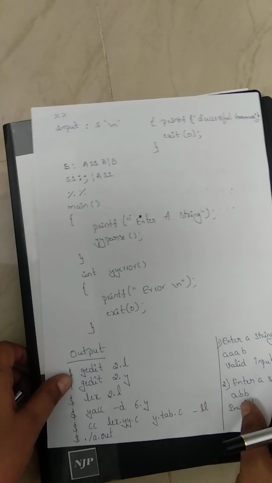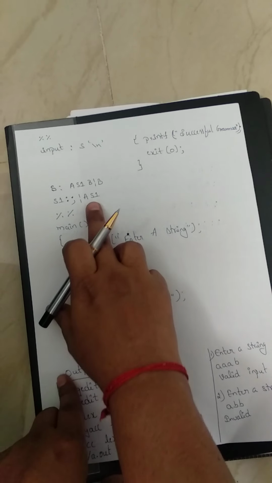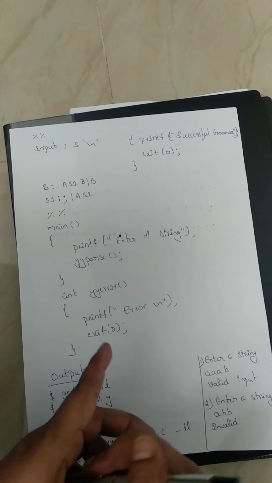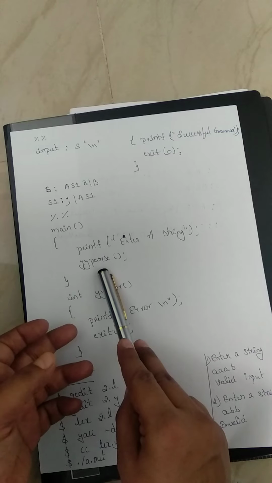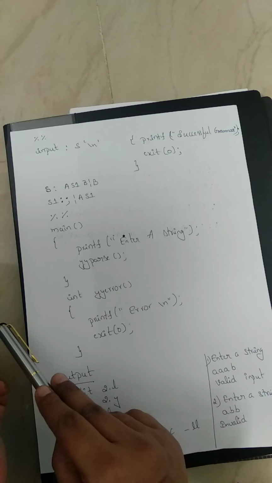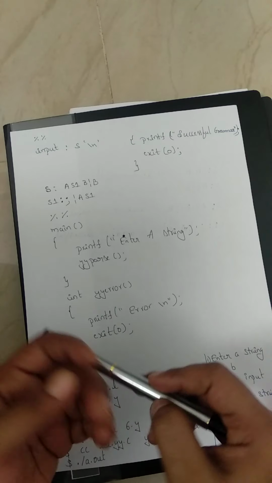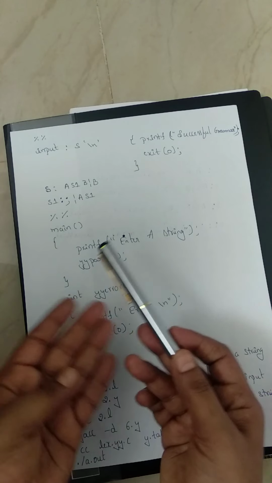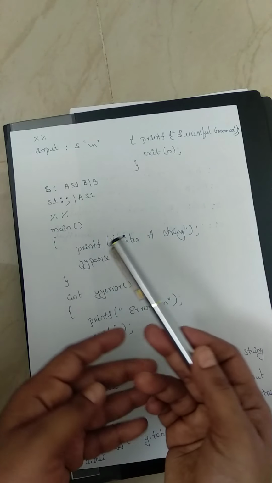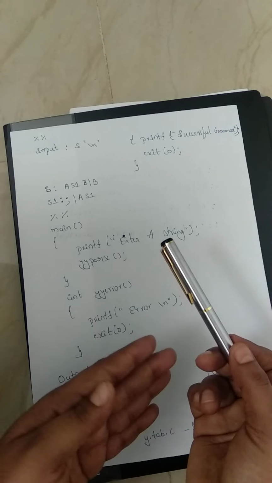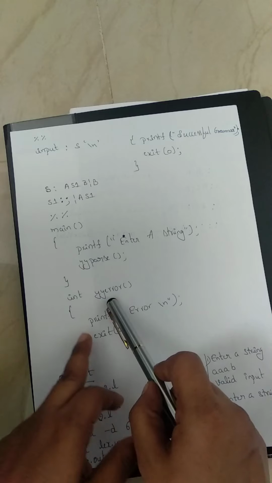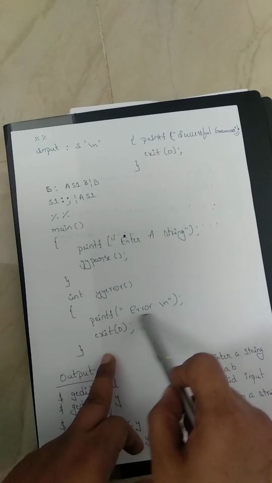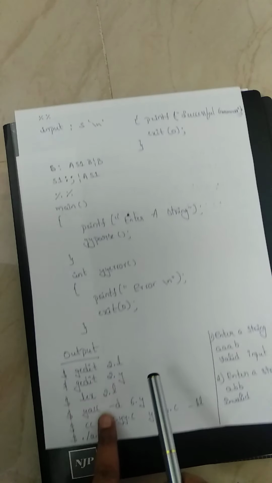So next thing is, once we write the production rule, then comes the main function, where printf "enter a string" is written, and yyparse is called. yyparse will invoke yylex, from where the tokens are taken. Those tokens are checked with the grammar rule or the production rule. If it is correct, then it will say it is syntactically correct, or else it's not a successful grammar, right? So if any error needs to be displayed because my grammar is not successful, then print error, exit(0).